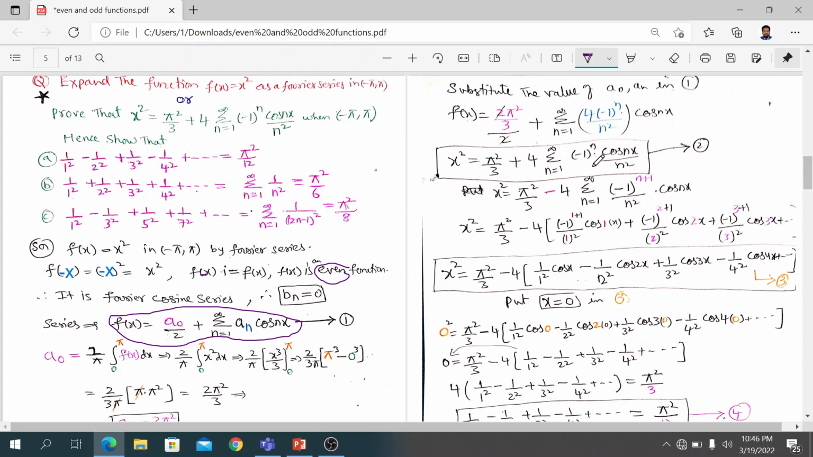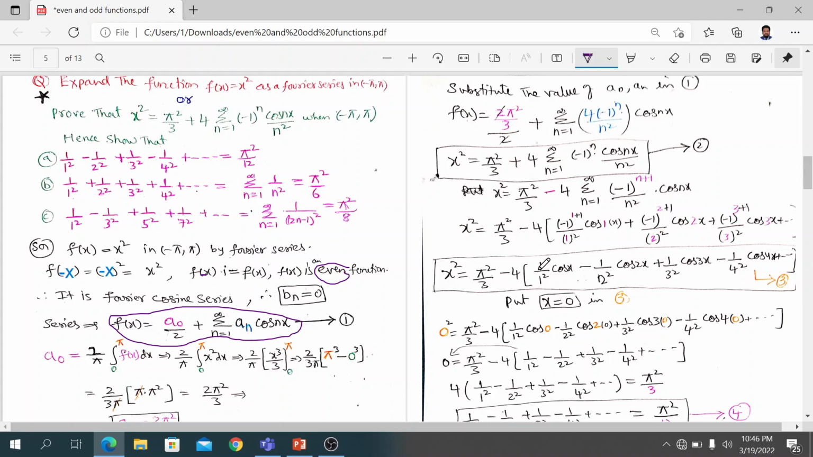Now expand, see here, this is plus minus 1 power of n. So if I take minus here, then this will become minus 1 power of n plus 1 by n square. Now expand this, wherever n is, sigma is there. First n is equal to 1, 1 plus 1 by 1 square cos 1 into x, plus minus 1 power of 2 plus 1 by 2 square cos 2x, plus minus 1 power of 3 plus 1 by 3 square cos 3x, up to so on. So final answer, x square is equal to pi square by 3 minus 4,